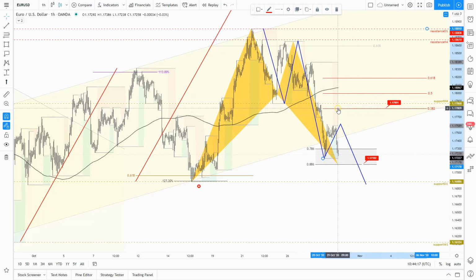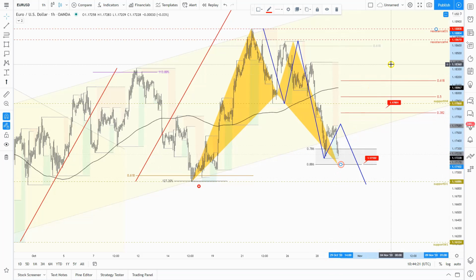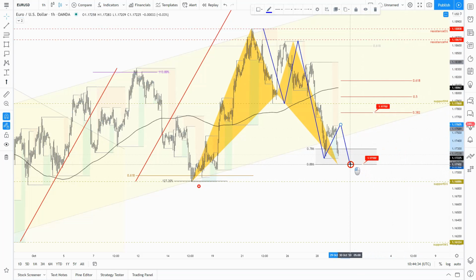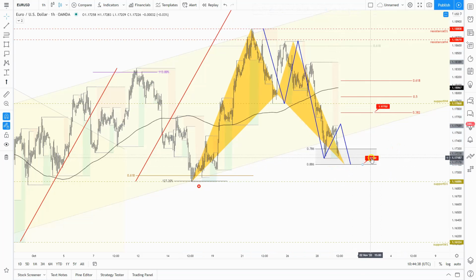Okay, let me try to correct this and adjust this to the completion point of the pattern. It's a small difference on our targets, 117.75. So that being said, I will not be surprised to see the formation of the bat pattern 117.10 and then